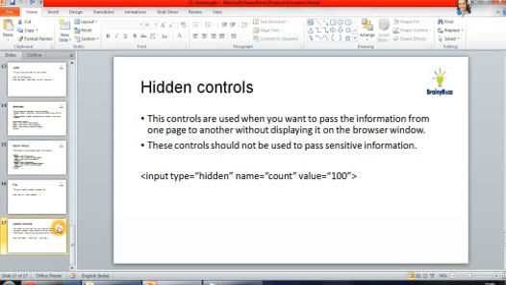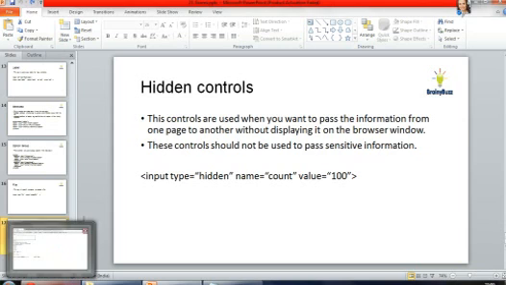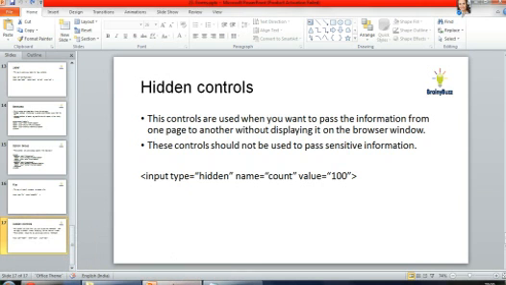After that, you have a hidden control. Hidden controls are the controls that are not displayed in your page. Sometimes you want to carry some values from one page to another, and you do not want the user to see those values. So for that, you use the hidden controls.